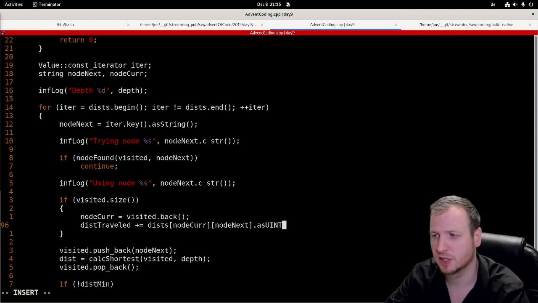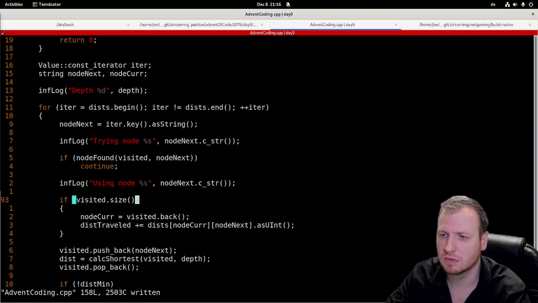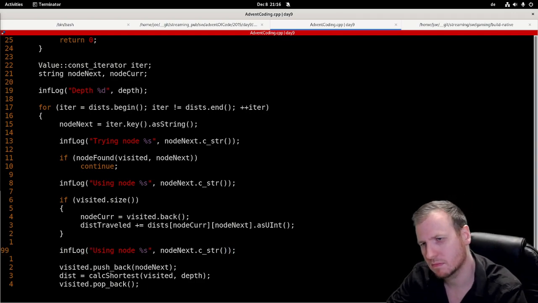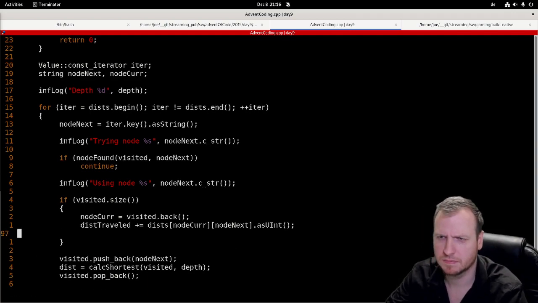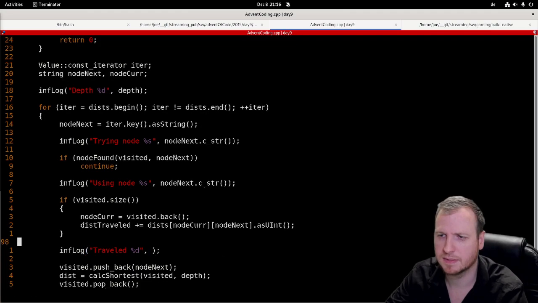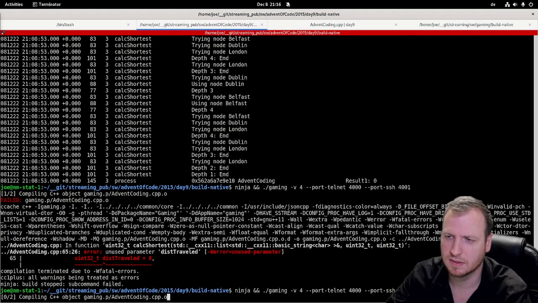As uinteger. And then using node, let's see, traveled,